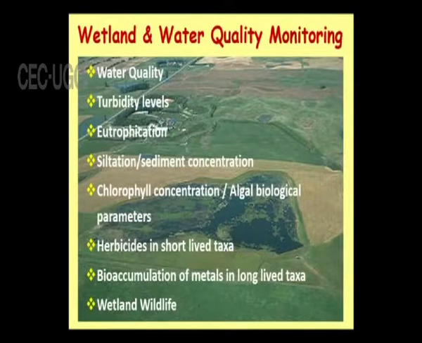Taxa means the organism, and certain organisms are short-living, for example some small fishes, and the bioaccumulation of metals in long-lived organisms, because most of these ecosystems are connected with the nearby